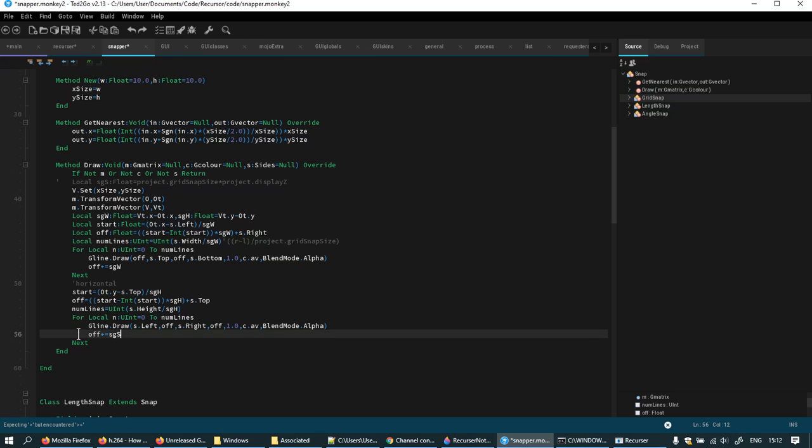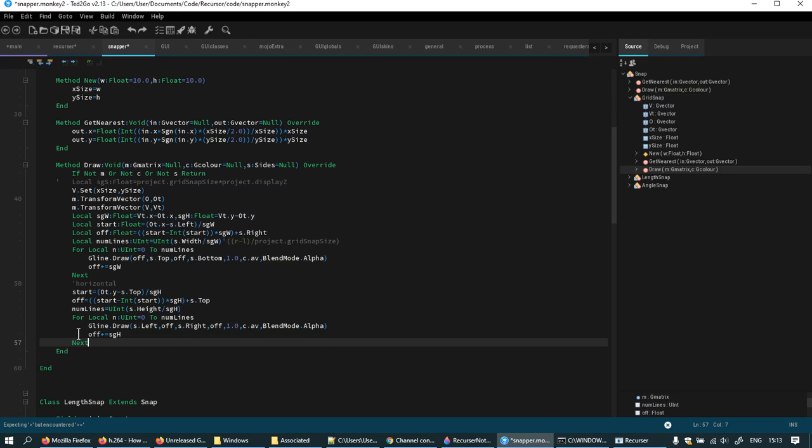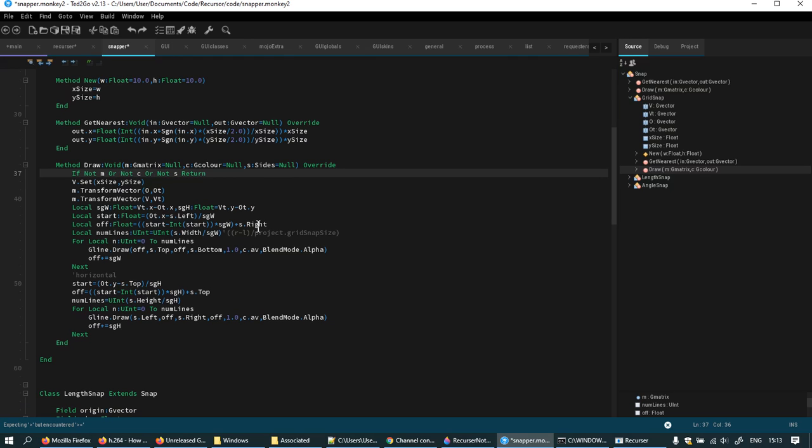Right, okay. Off plus screen grid height. Okay, don't want that anymore. So, a matrix, color, and on-screen sides. Right. The matrix to take from world